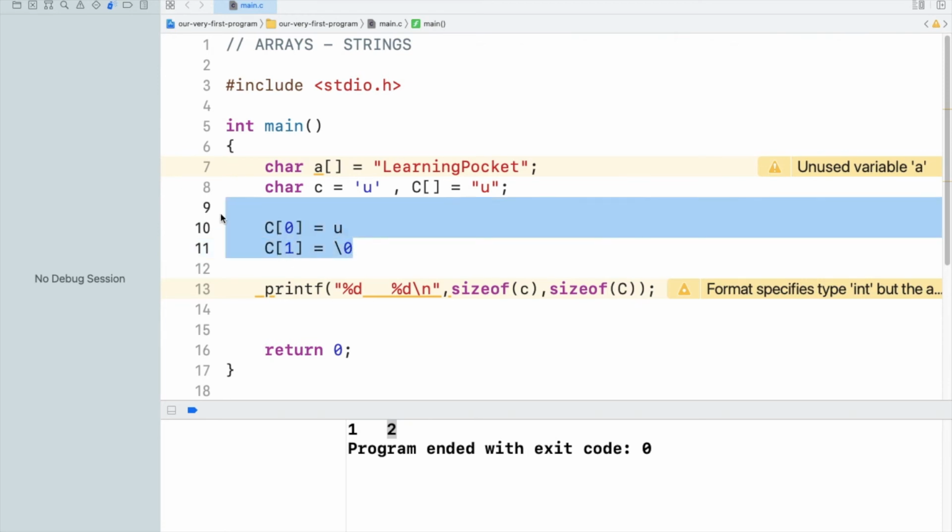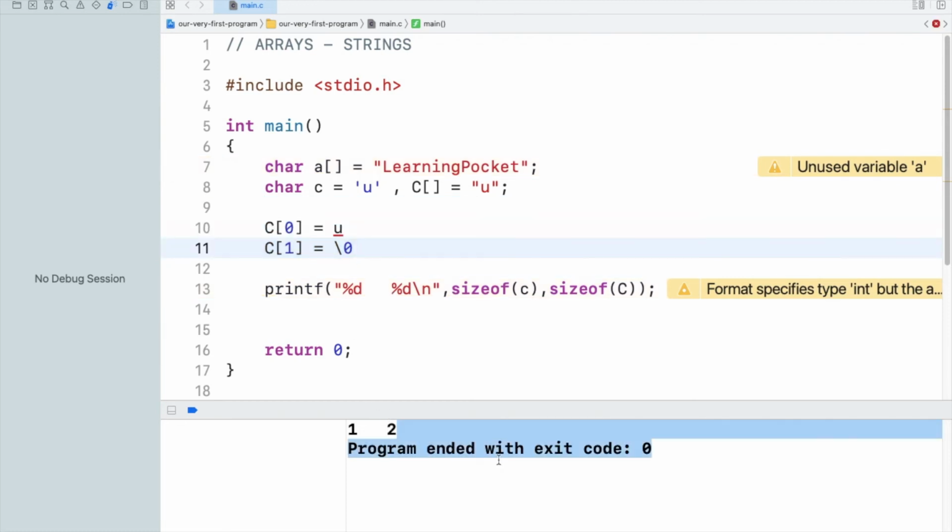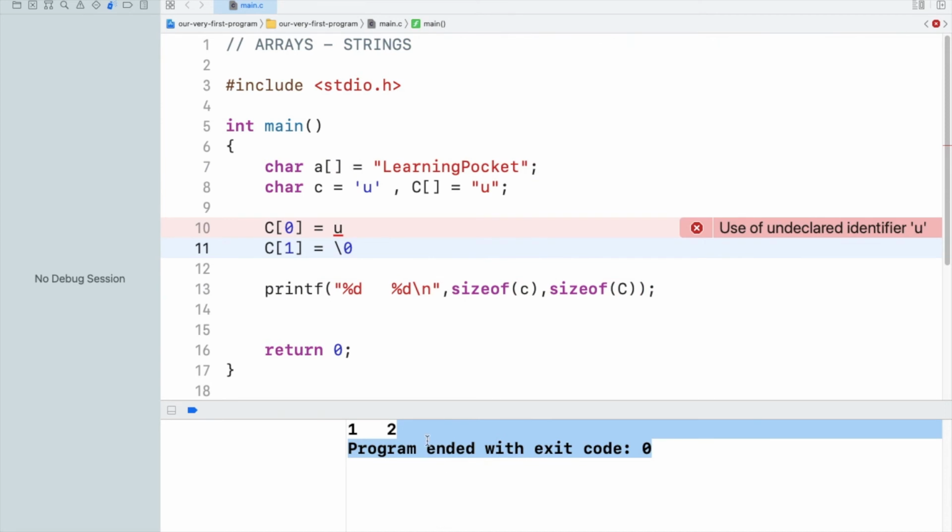That is why there are two characters. Though backslash 0 is never printed out in the printing statement, and we are going to see that when we print this string itself. And this is the difference between the character and the string. A string always has a null character at the end, and that is why the size of this C comes out to be 2.